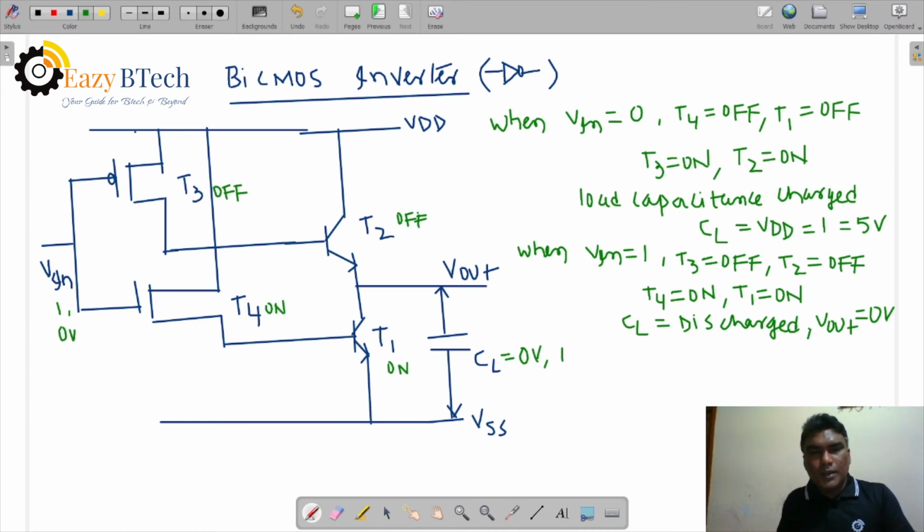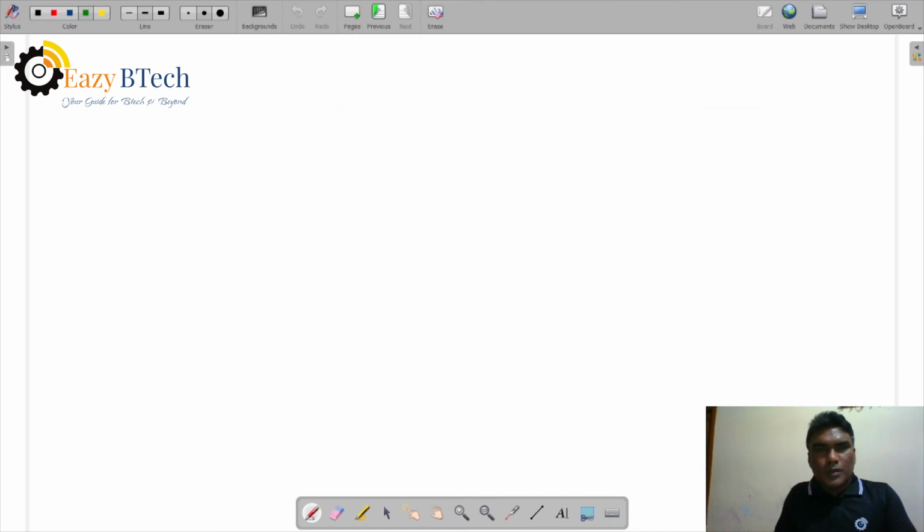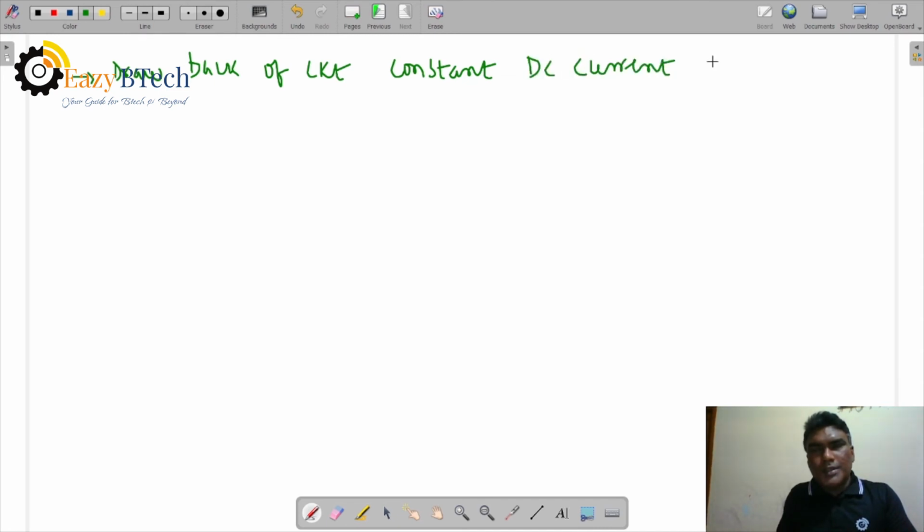Now what happens here? The drain terminal of NMOS is connected to the supply voltage. So there is a drawback of the circuit: constant DC current